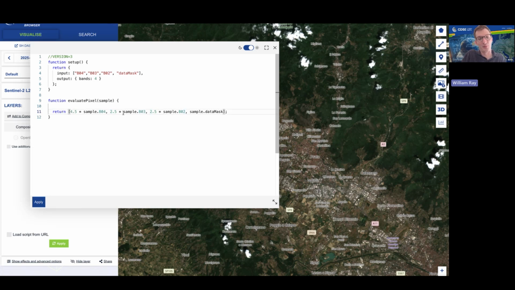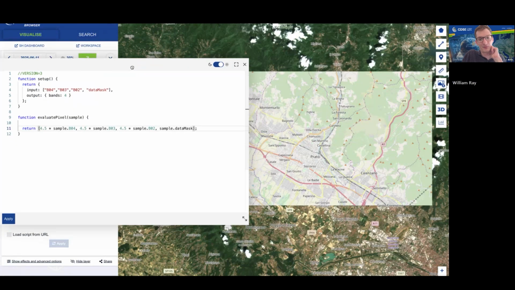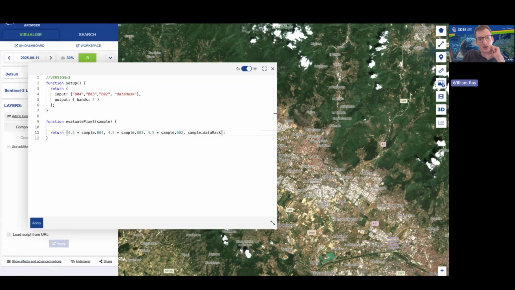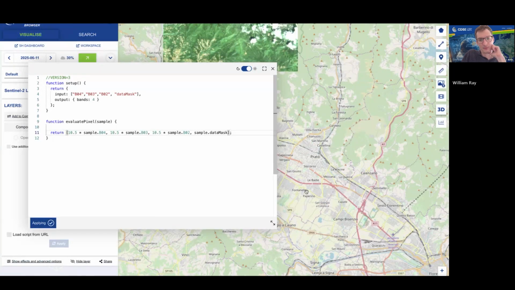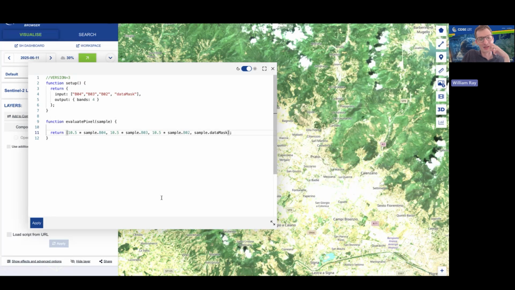So maybe let's multiply this by 4.5 instead, rather than 2.5, and then we can click apply. And then on the fly, we're actually changing our image. So we can see we've returned a brighter image again. Let's try and break this time. Let's go 10 instead. And yeah, now we're super saturated. So it's not such a nice image to look at, but this gives you an idea of how you can play around with a script